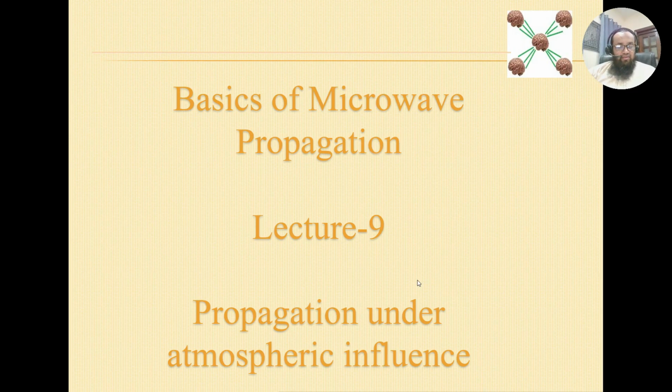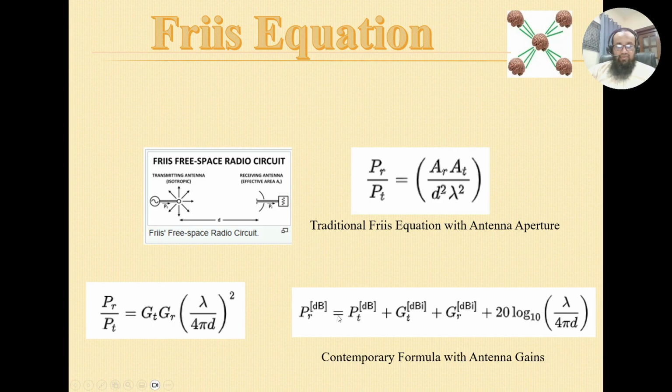However, before that, I want to keep a kind of momentum and link the videos, so that something given in one lecture is shown in the next lecture. If you remember, our previous lecture was about the FRIIS equation, and we said that the received power is equal to transmit power plus gain of transmit antenna, plus gain of receive antenna, and then minus